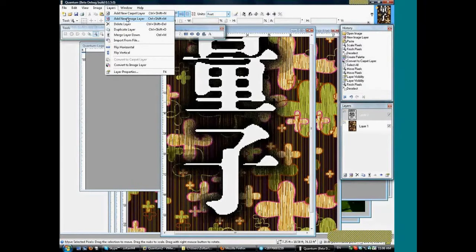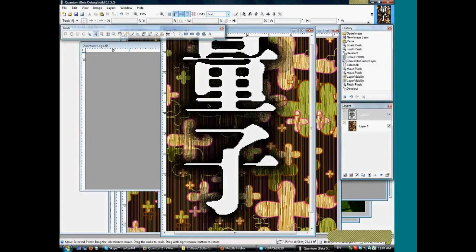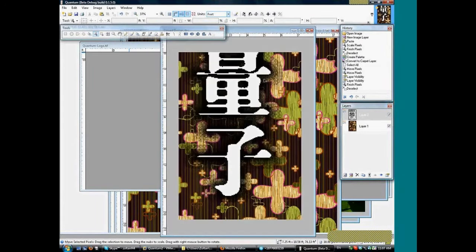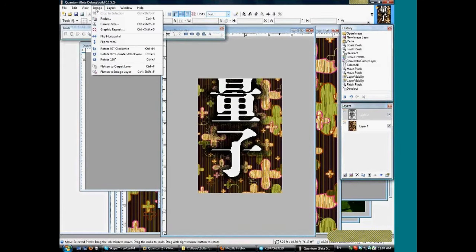You cannot draw in image layers like you can in carpet layers, but you can make selections, and you can manipulate those selections. You can convert the layers back and forth from one to another, so you can convert an image layer to a carpet layer, you can convert a carpet layer to an image layer, and if you reduce the number of colors, you have a number of ways to do it. Also, if you want to drop all of the layers in your image, you can either flatten the document to a carpet layer, in which case all of the